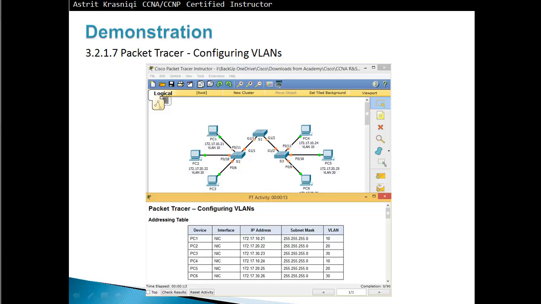I'm a CCNA and CCNP certified instructor. In this video, I will do a demonstration on configuring VLANs. This is Packet Tracer